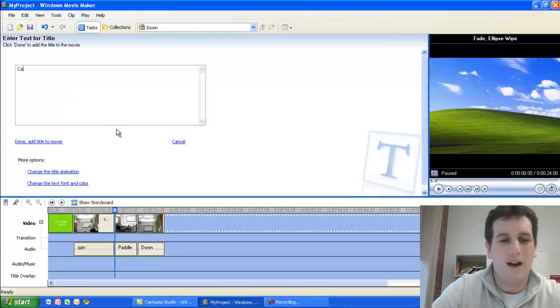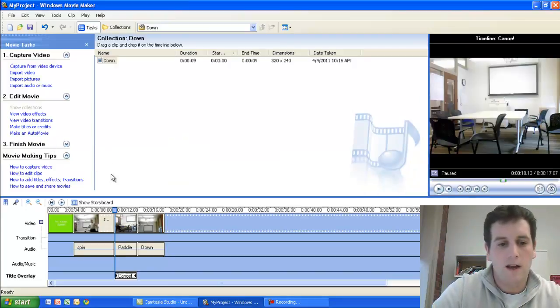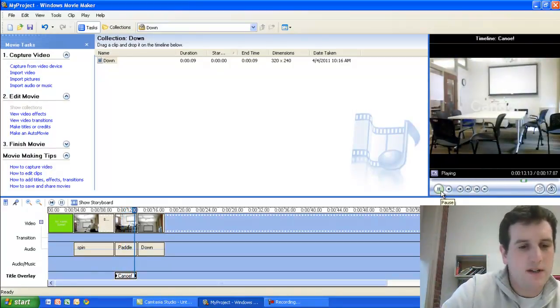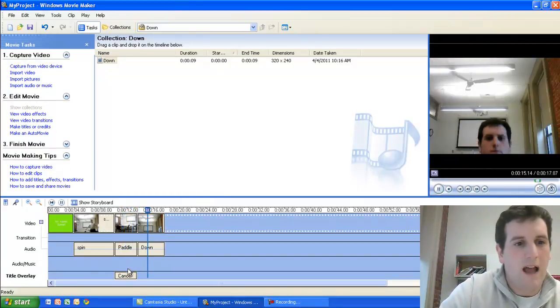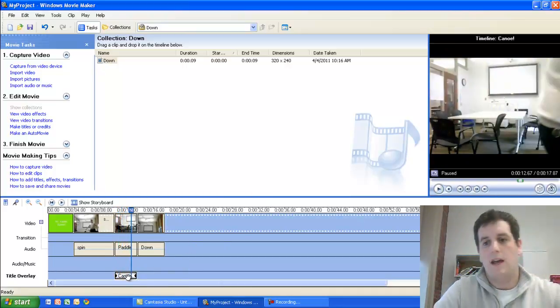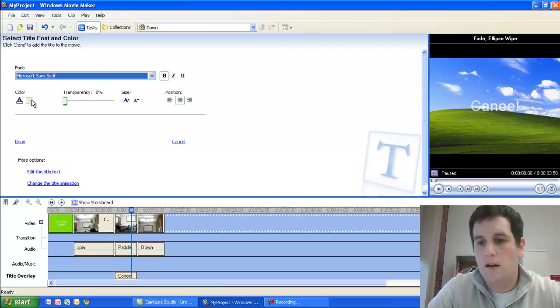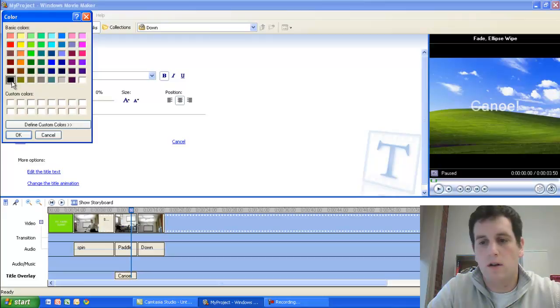Okay, but it's white on a white background, so it doesn't look that good. I can click down here where it says title overlay, right click on it again, and hit edit, and then I can change its options. In this case, I want to change the color to be black instead of gray. Like that. So that now, during my clip, instead of it being so white, it'll say canoe across the middle,